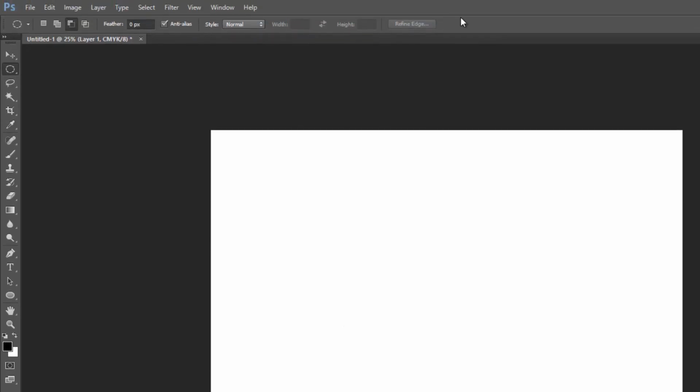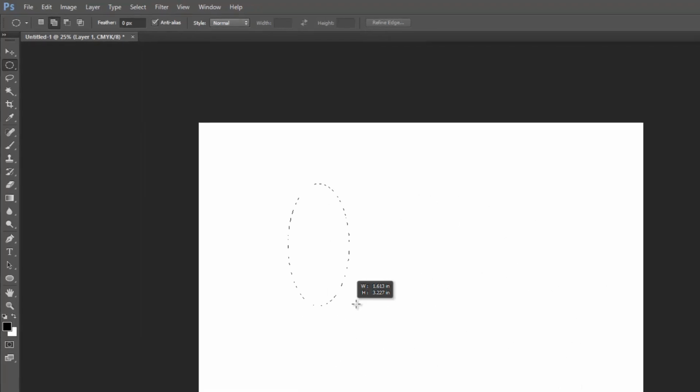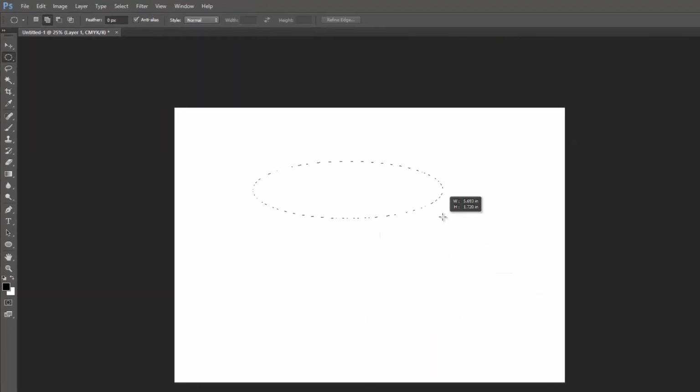Let me show you how this works. After selecting it, you'll see the properties of the marquee tool. Here you have add to selection and subtract from selection. For now I'm going to select add to selection, so I can select freely like that. Remember, if I press the shift key, then I can have a perfect circle. So right now I have a perfect circle.